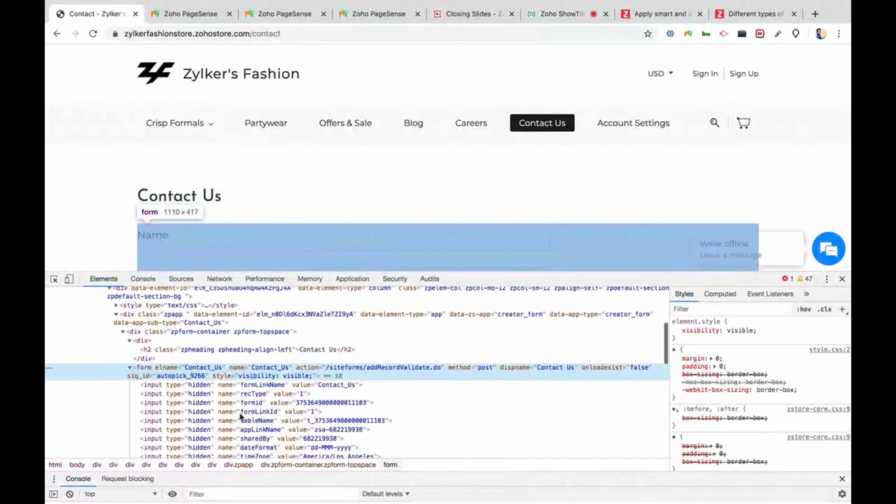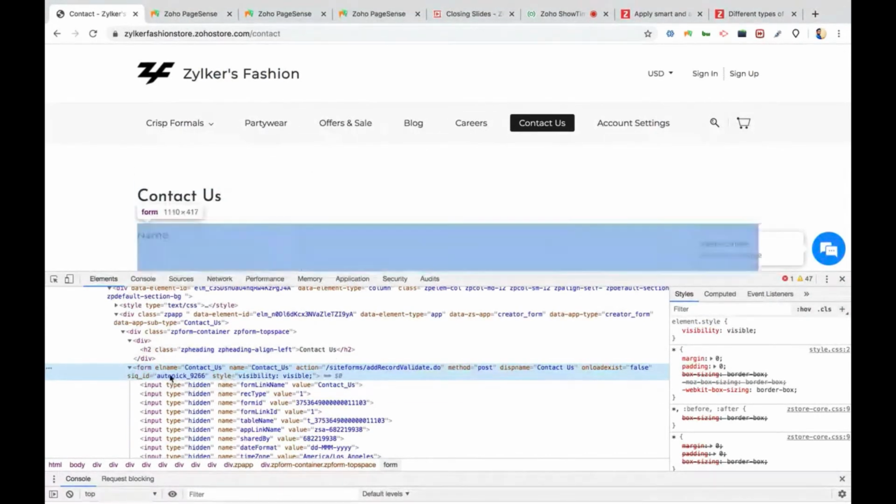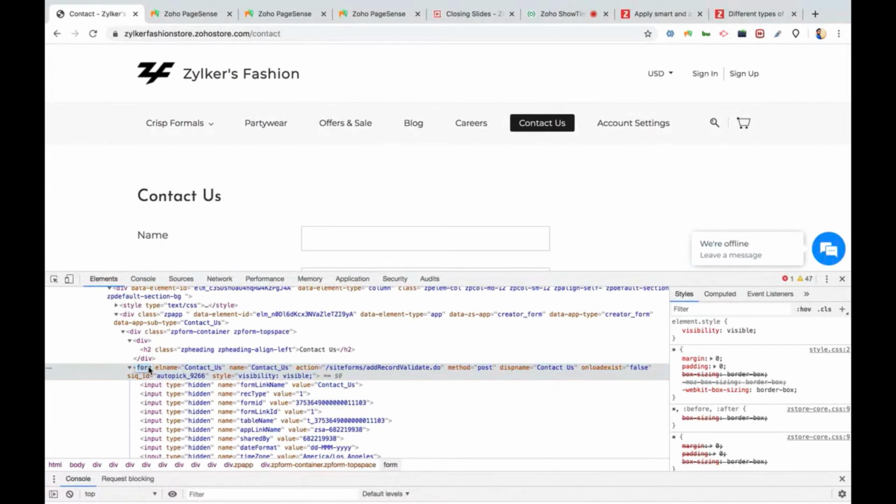So you could see my form here as contact us. We have used the name contact us. Also, please note there is one tip that will help you load the form here: your form needs to be in a form tag inside the website, so that we'll be able to track it. Forms which are not inside a form tag, or in some scenarios forms loaded into your website through an iframe, are different.